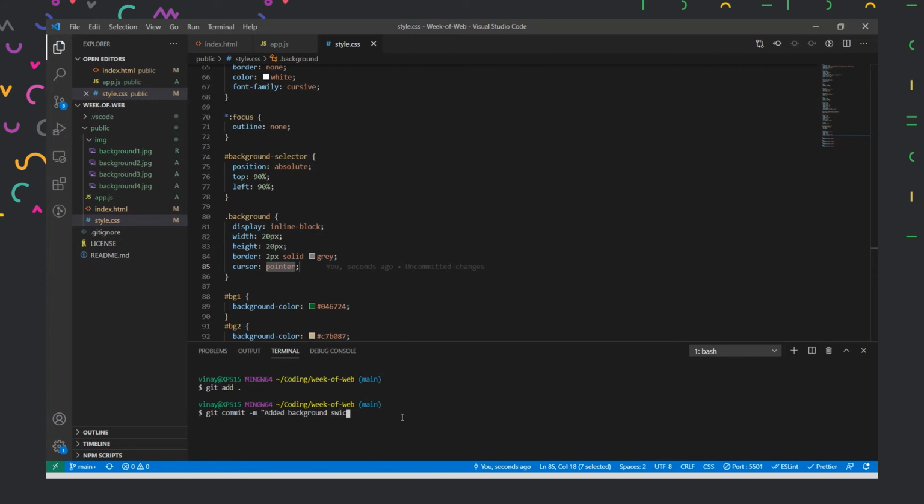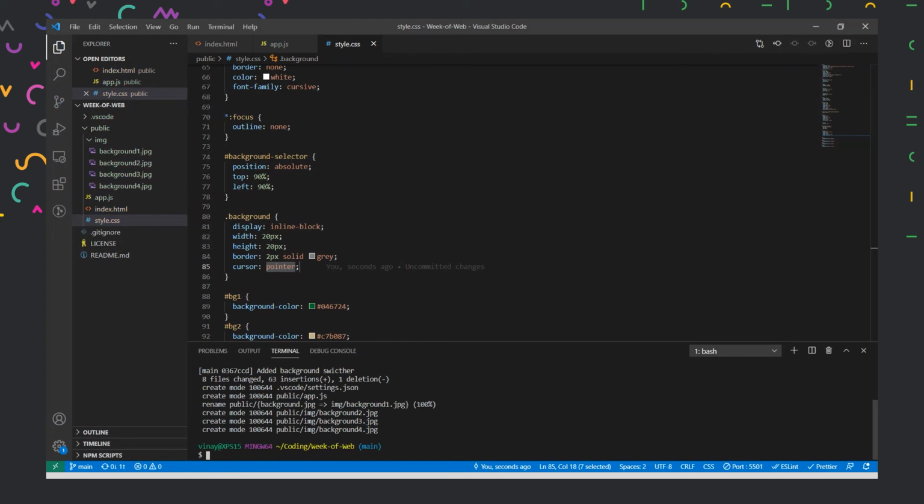So: added background switcher. Then I'll type my password in, and then it will make a history out of this. And then I want all of you to access this, so I'll upload it to GitHub by using the git push command.